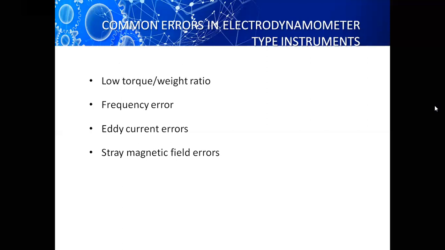That is what we call stray magnetic field errors. Then we have temperature errors. Why? Because the material used for the coil is copper, but the length of the coil material is very high, so we cannot ignore the copper resistance in the instrument. Because of this we can have I square R loss that gives rise to heat production, and that means temperature rise, and because of that we can have errors. We'll see all these errors in detail in further slides.